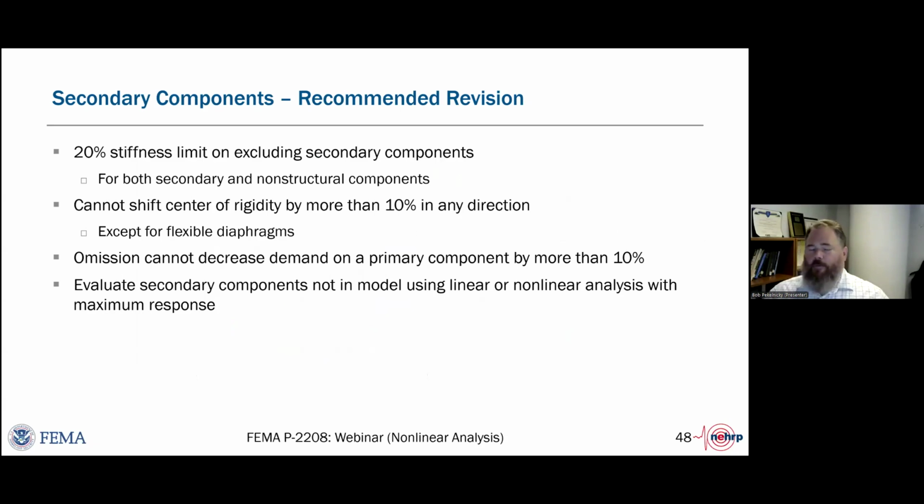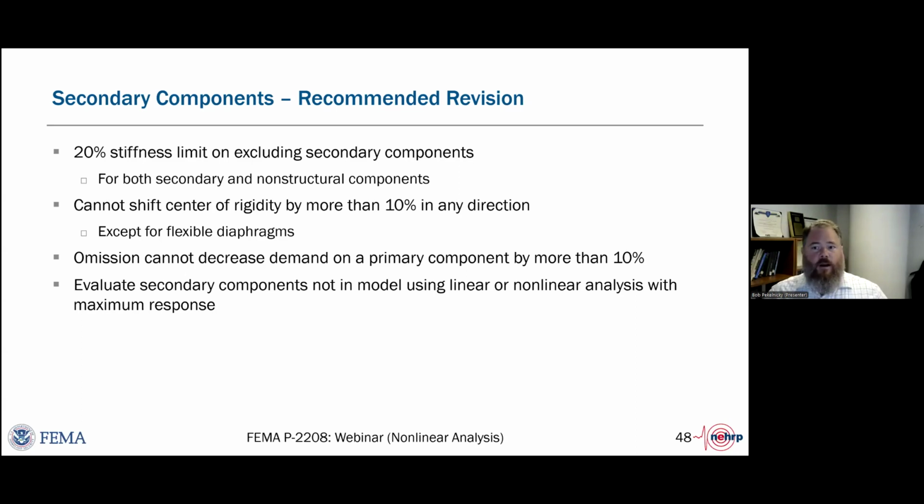So we decided we would slightly lower how stiff secondary components had to be for them to be classified as primary components. So if the sum of all the secondary components exceeds 20% of the stiffness of the primary components, you have to reclassify some of your secondary components to primary components.